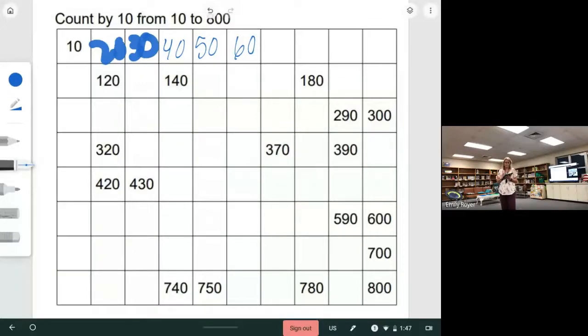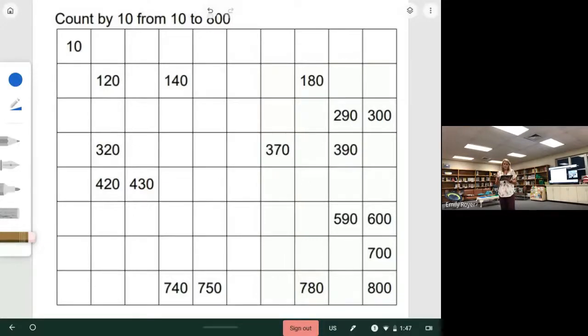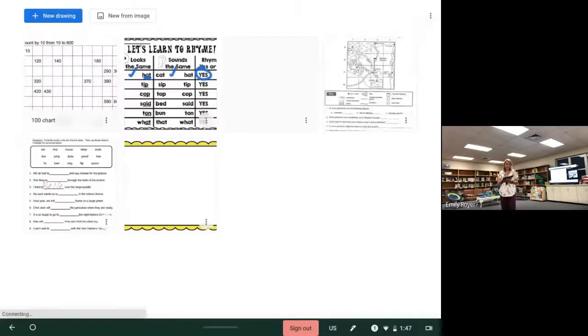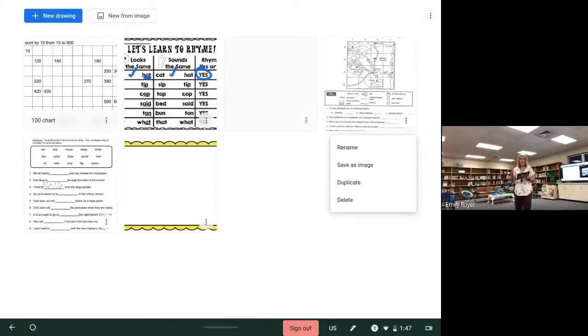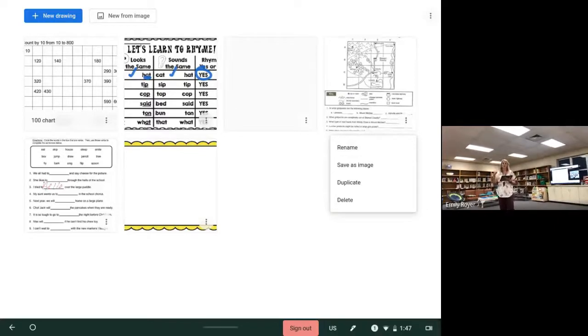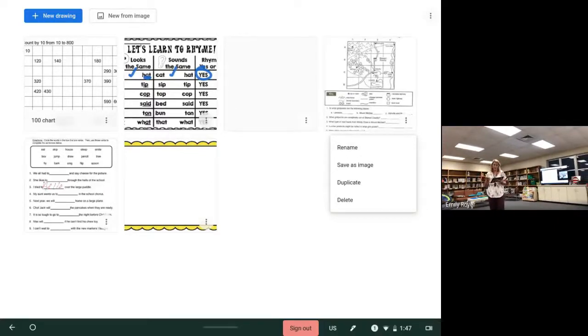Nice and neat. So the one thing about the Canvas app that I would like to show you is there's 3 dots on each canvas. Those dots allow you to name them, so that way it organizes it nice and neat so things don't get lost once you have a lot of them, they all kind of run together. You can save it as an image, so if you finish the work and you want to save your students' work so they can see what you did,